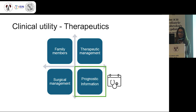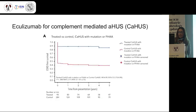And then the only other thing to mention here is that it's hopefully a relapsing course for the first 5 years of the child's life, maybe up to age 10, if they're unlucky. And then after that, they should recover, and so you can give the families a positive prognosis. So in terms of other prognostic information, this study showed